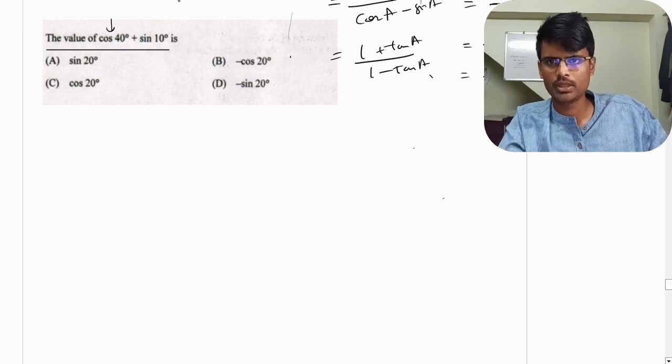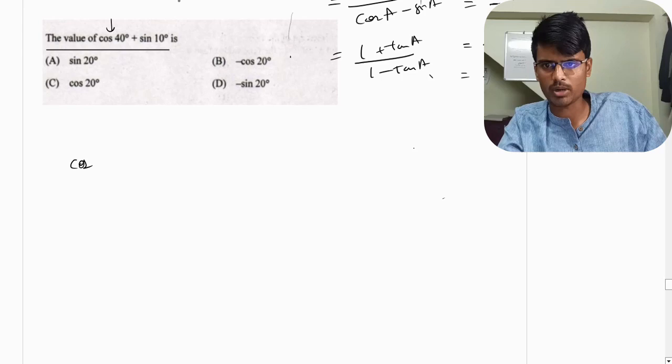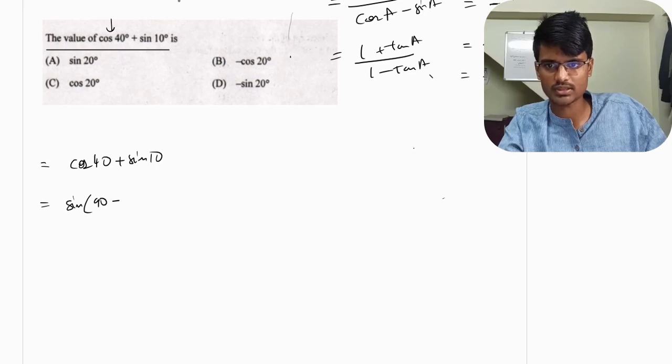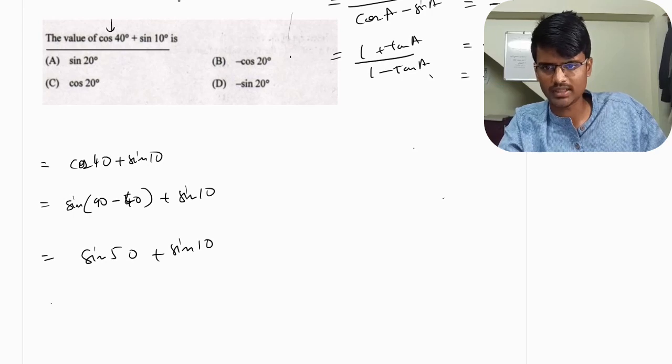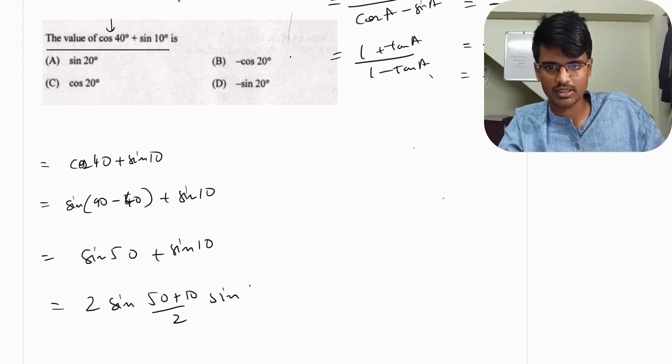Okay, yeah. So I'll just convert the cos part. Cos 40 plus sine 10. Cos 40 can be written as sine of 90 minus 40, plus sine 10. Sine of 90 minus 40 is sine 50 plus sine 10. Now I need to apply the transformation formula, which is nothing but 2 sine (A plus B) by 2 sine (A minus B) by 2,